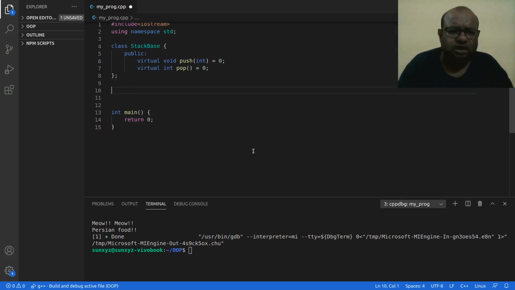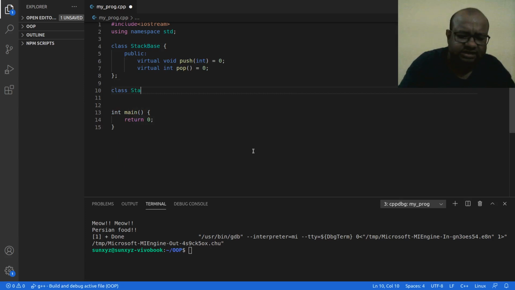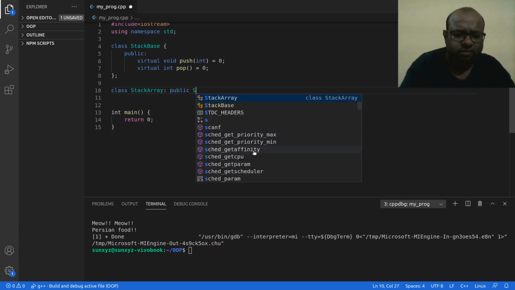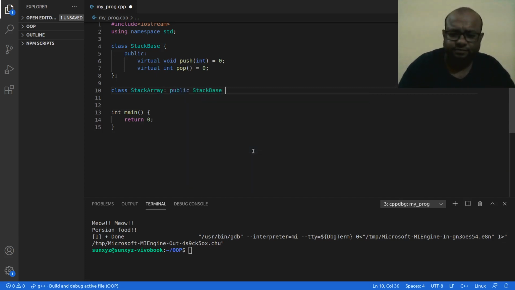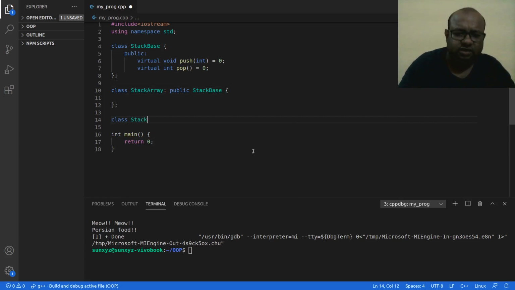So I will either create a stack with an array, and I am going to inherit from stack base, or I am going to create a stack using a linked list, and once again I am going to inherit from stack base.